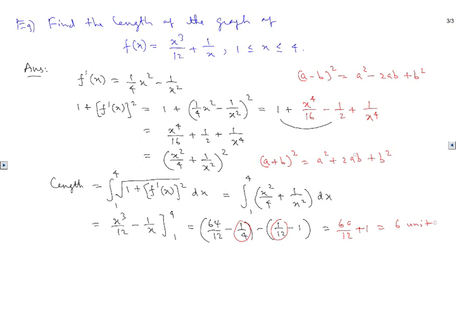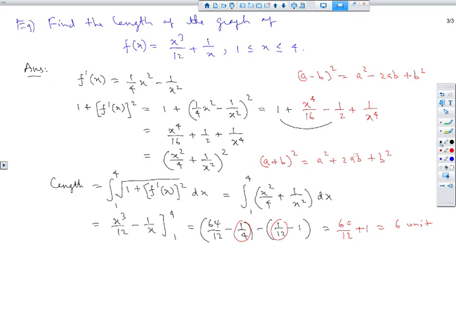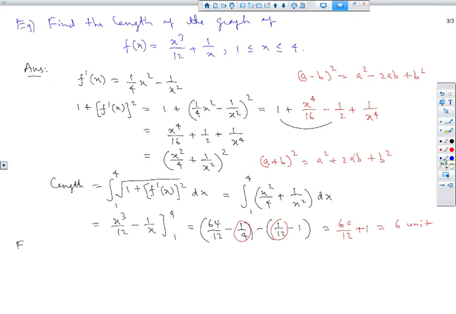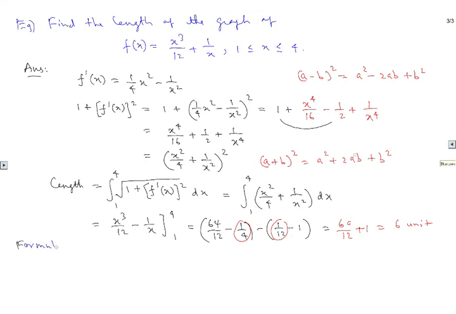Okay, good. So as a formula, we can write the formula right now. So let's write the length formula. What we had was, what are the conditions that we had? So we write the formula now. The formula was: if f prime is continuous on an interval [a, b], then